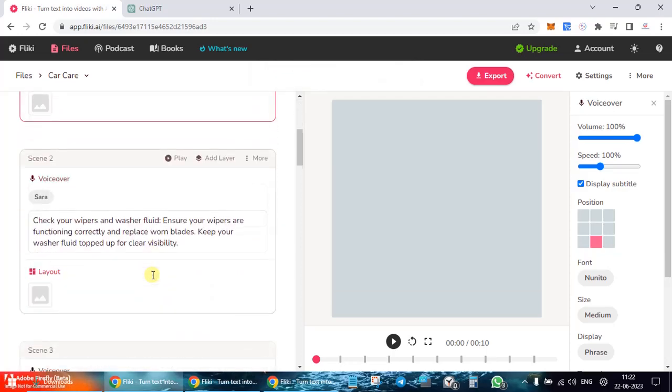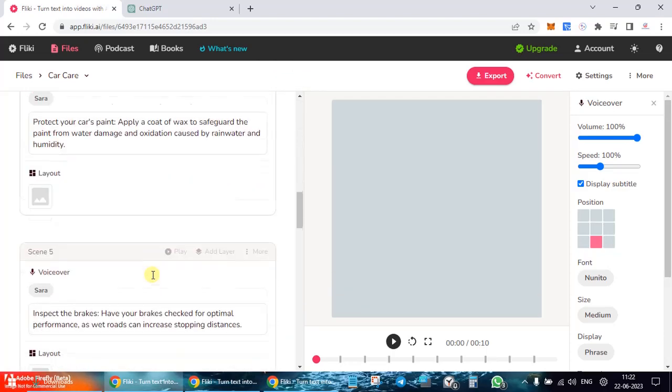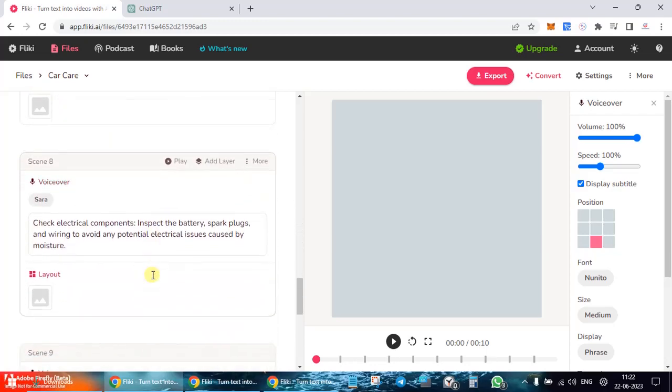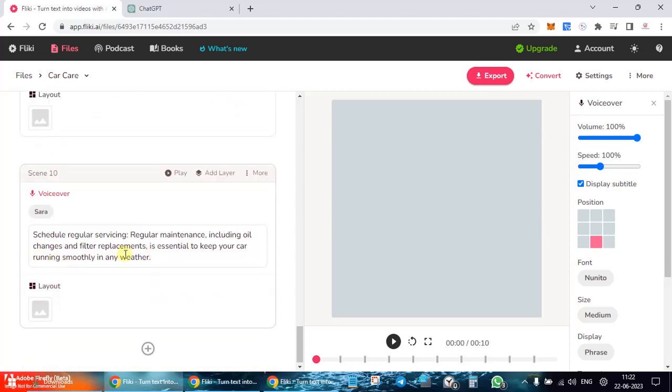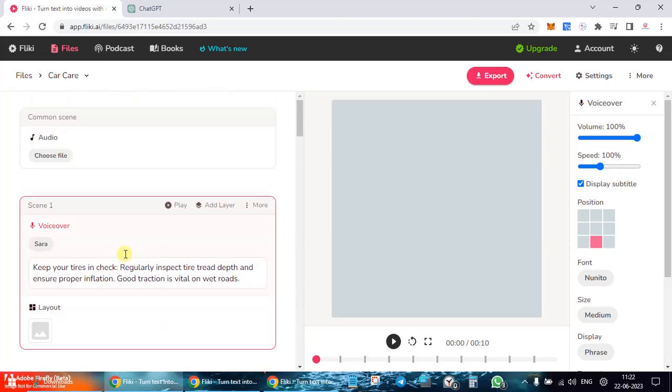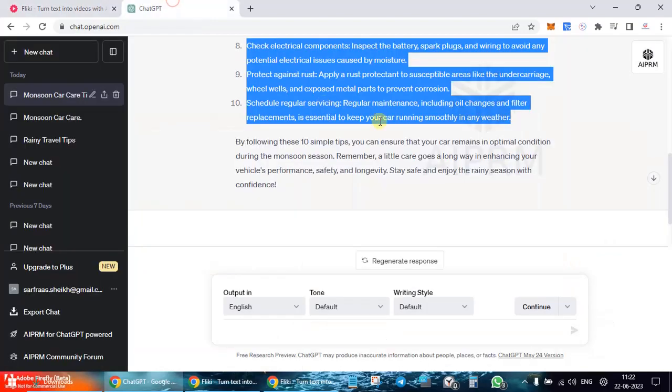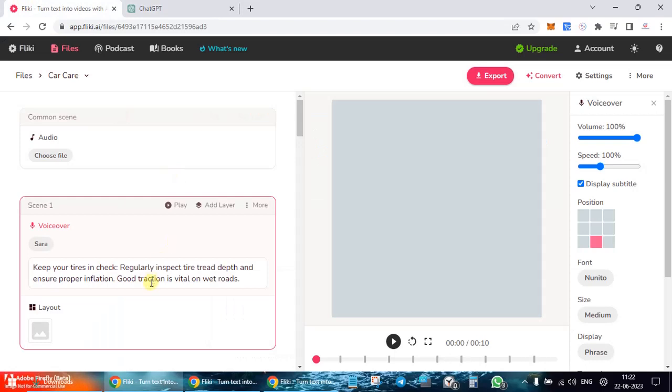So you can see various scenes have been created. We had picked 10 points, so 10 points, various scenes have been created. What we did basically, we picked up these 10 points, came into the scenes column and pasted. Now here you have a lot of options. If I just want to hear the voice, you can see,